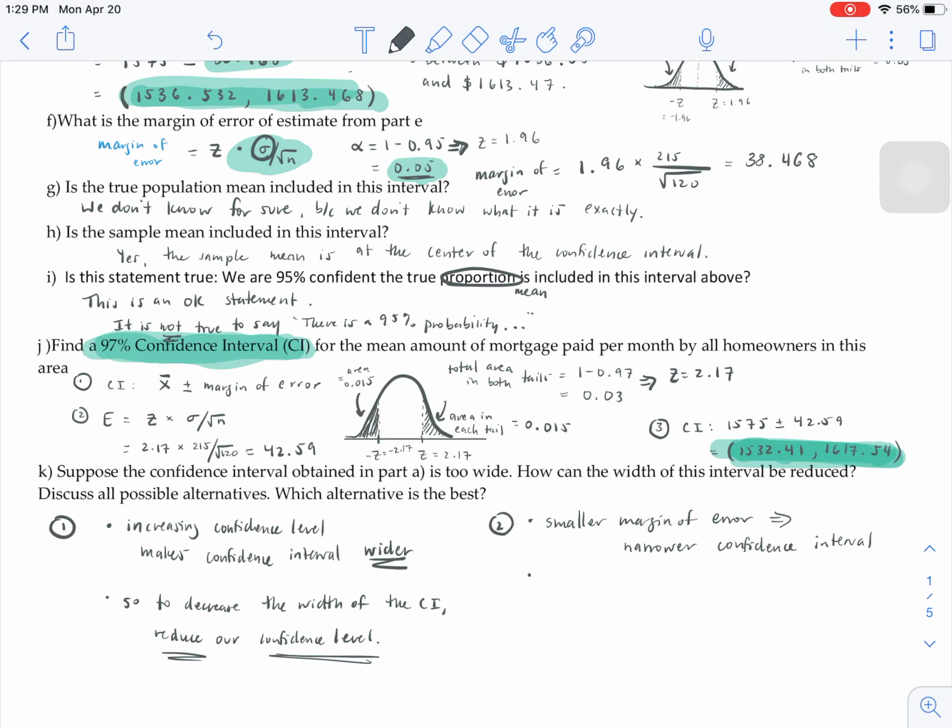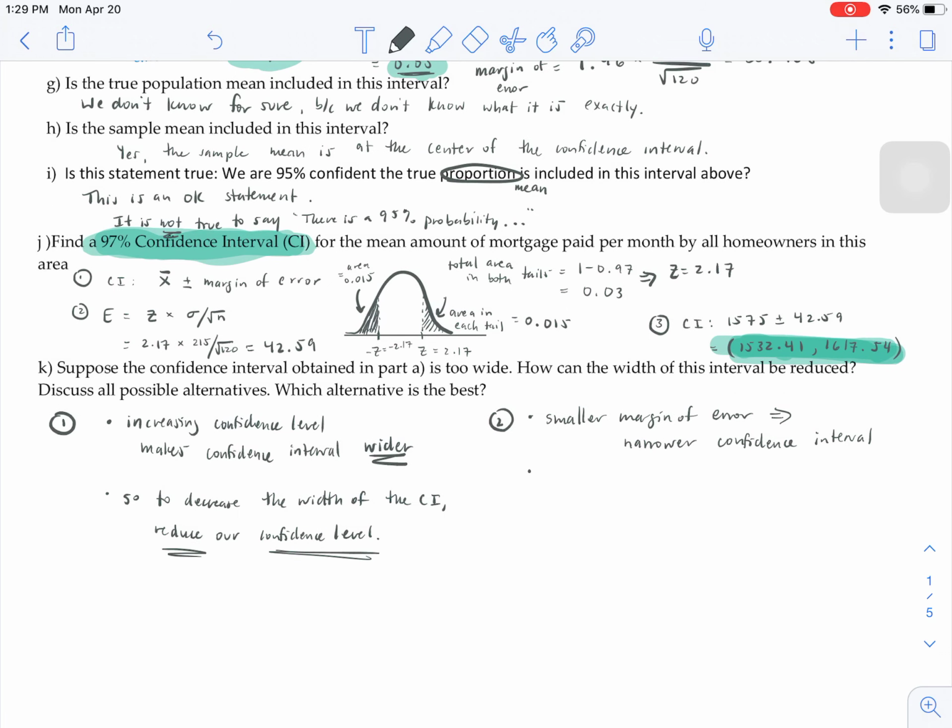The population standard deviation we can't change. That's just a function of who our population is. But if you notice, the sample standard deviation is our population standard deviation divided by the square root of our sample size. If our sample size